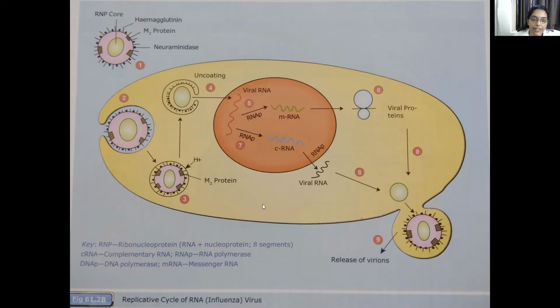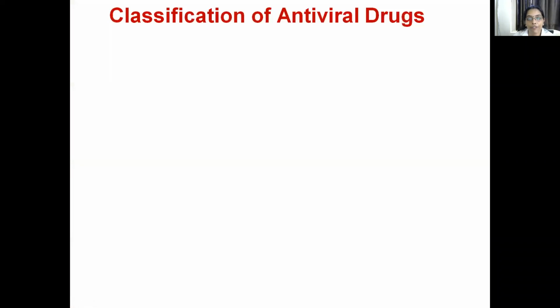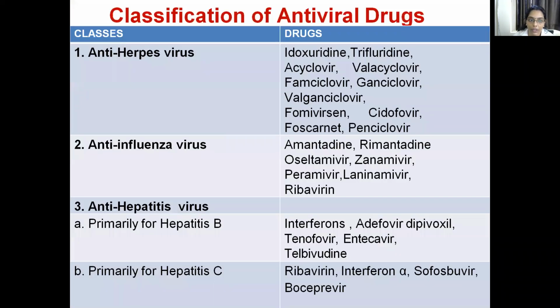See, in RNA virus, everything is almost the same as the DNA virus, except that there is an M2 protein which facilitates the influx of the H+ ions and causes segmentation of the ribonucleoprotein, that is the genome of the virus. So coming to the next slide, classification of antiviral drugs. So this is the classification: drugs for herpes virus, anti-influenza virus,